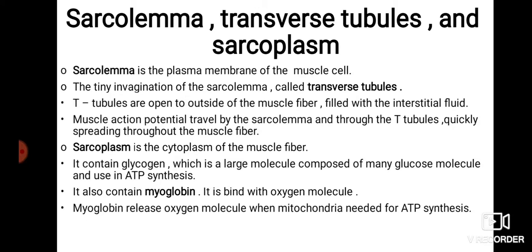in the mitochondria. So the cytoplasm of the muscle fiber has many organelles, and it also contains mitochondria. As you know, the mitochondria is the energy currency of the cell. So in that organelle the ATP is synthesized. For the synthesis of ATP, oxygen is utilized. Okay, so that oxygen comes from the myoglobin.